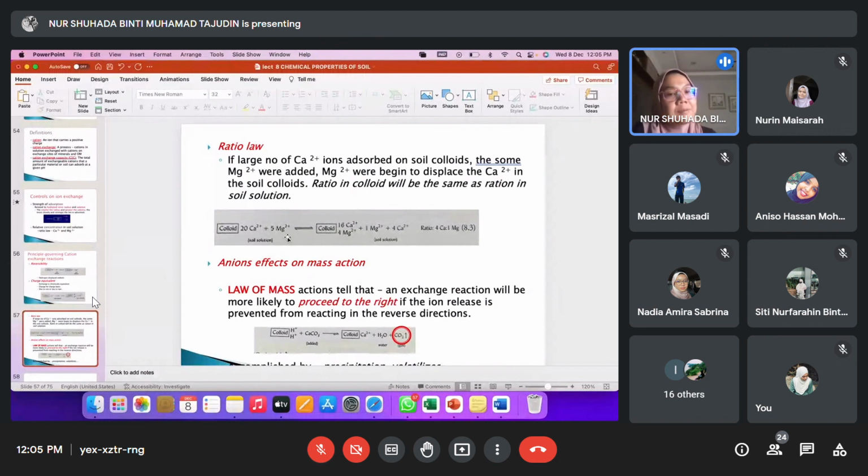Meaning that if it's in the field, when you put calcium more, calcium will be seated at the cation site. But if it's in the field, kalau dekat ladang, if it's in the plantation, you put more magnesium, magnesium will be expected to attach at the soil colloid. Faham tak? Clear? But the amount, jangan pay attention to the amount. 25, 16, 4 ni no. Nothing on this. I think this is about ratio. If you have like 30 and 10, so the 30 calcium kat sini might be 15 calcium and 5. It depends on the soil. Kita tak boleh